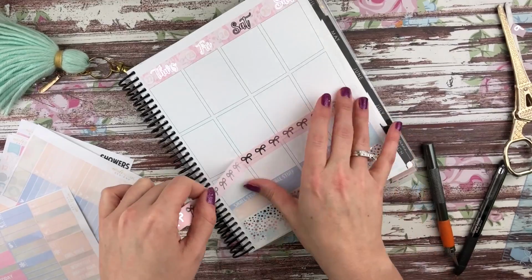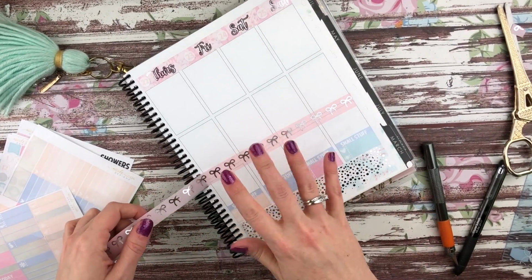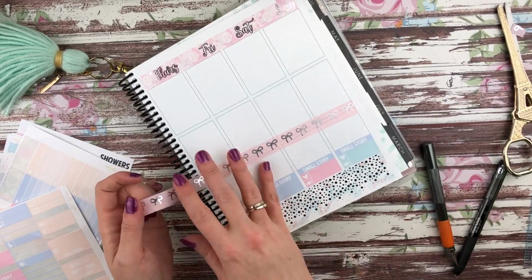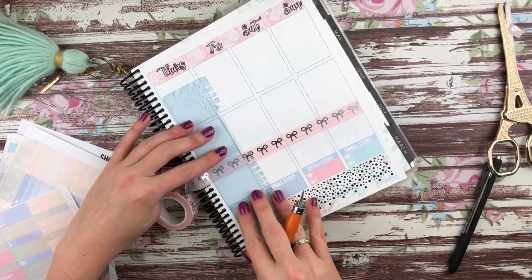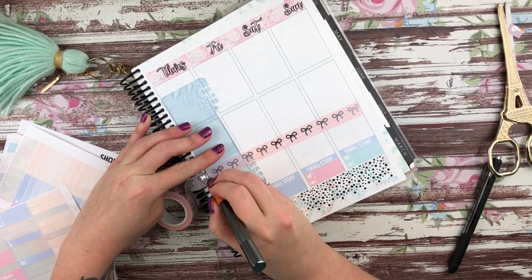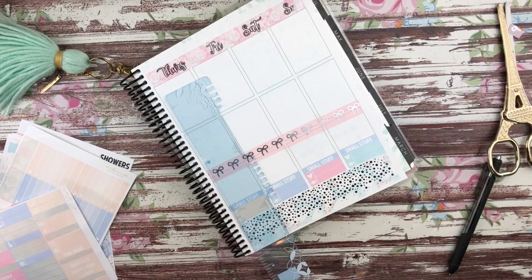I actually went and joined the buy sell trade group for Simply Gilded because I was going to try to pick up some bow washi that I had missed out on. But it looks like people just want to trade. They don't even really want to sell, so I'll just keep my eye out though. There's definitely a few that I want. I want to try to get all of the bow washis eventually, but